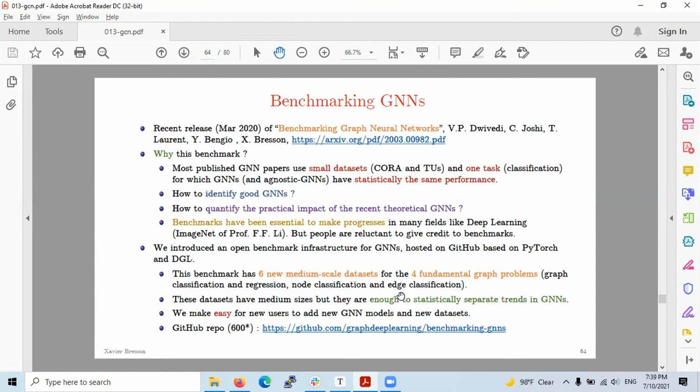These are the 4 tasks, like how we have tasks in NLP or tasks in a computer vision problem. Corresponding to that, we have a certain number of tasks here: graph classification, graph regression, in the sense of what numerical value you could get out of a graph. And within that, you have node classification, I mean, to what class a particular node belongs, and also the edge itself, to what class an edge belongs.